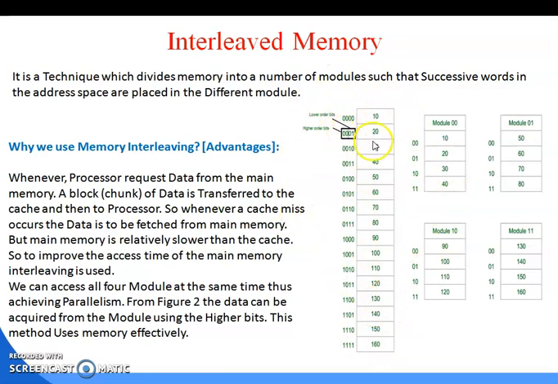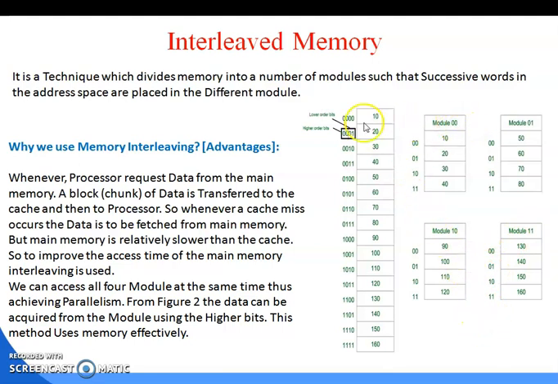Out of this 16-word memory space, the memory is chunked into different equal modules: module 0 0, module 0 1, module 1 0, and module 1 1. Module 0 0 starts from 0 0 0 0 and continues through the first chunk of addresses. Module 0 1 is the next chunk, module 1 0 the one after that, and then module 1 1.